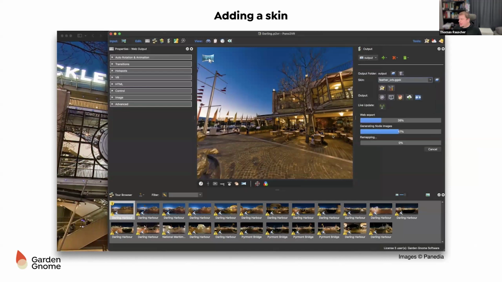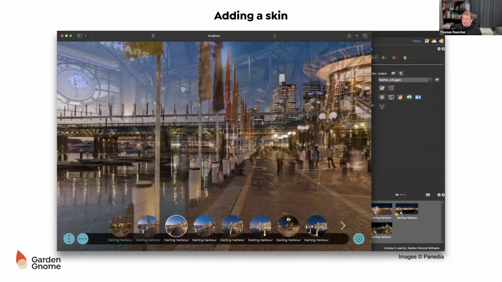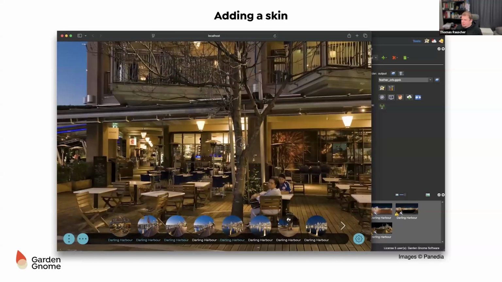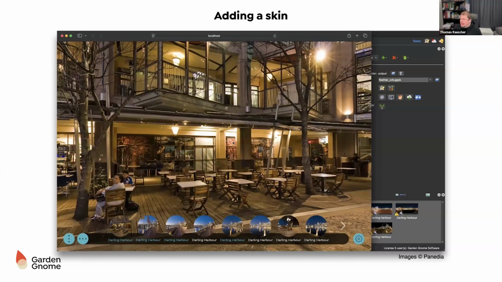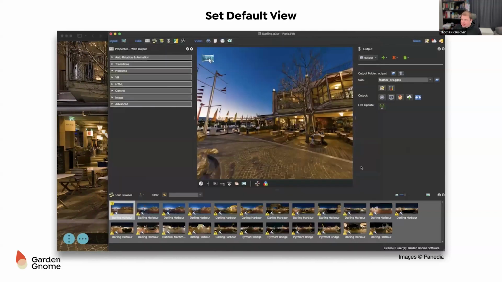So I'm just selecting a pre-built skin, and this will just add a basic navigation on the bottom where you can see all the panoramas that are in the tour. As you can see, Pano2VR automatically creates the little thumbnails, but this tour, the start view, is not really that exciting. So the next thing you would do